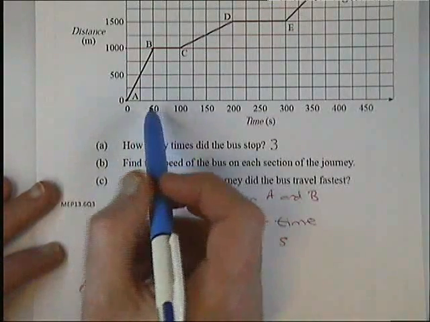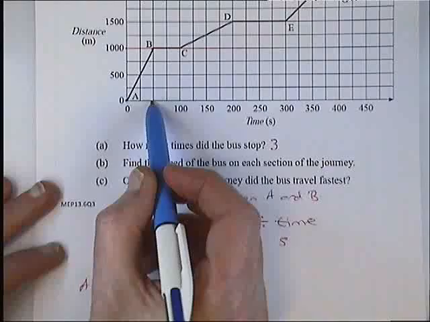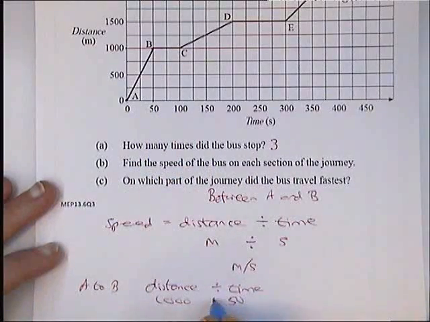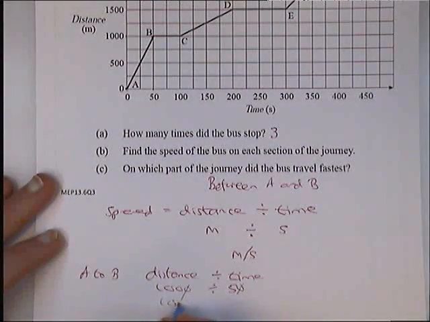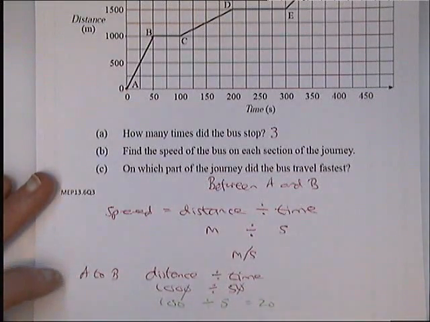And the time from A to B is from 0 to 50. So that's 50. And if I do 1,000 divided by 50, now if that's a divide, they both end in noughts, you can knock a nought off both of them. So that's going to be the same as 100 divided by 5, and that is 20. So the speed that that bus is going between A and B is going to be 20